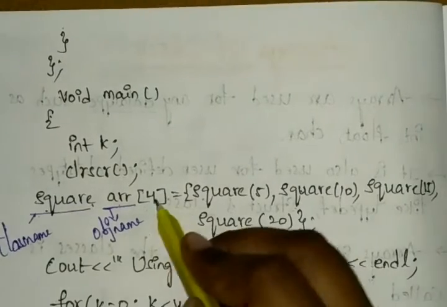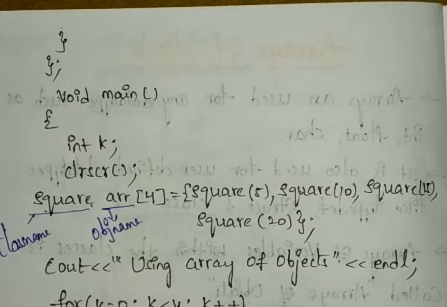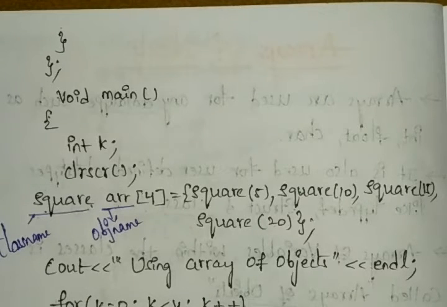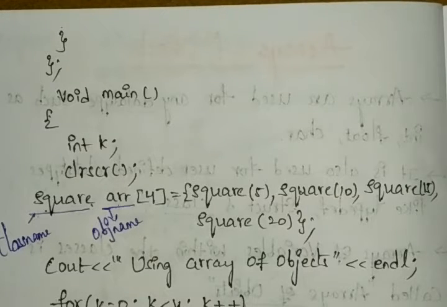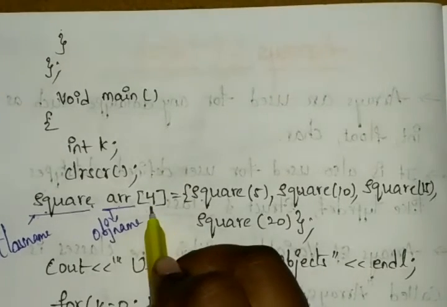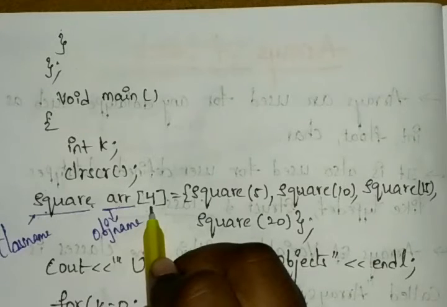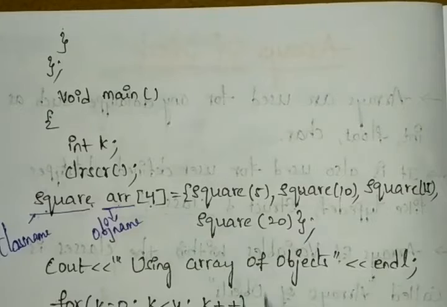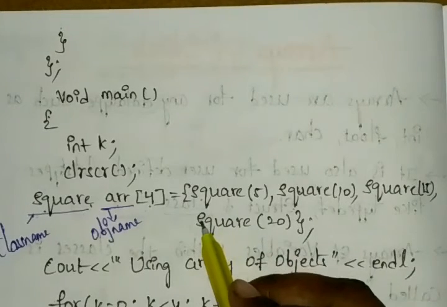Here I took the size as 4. In the array we have the index from 0 to n minus 1. So for that case you can mention the values 0 to 3. It starts with 0 and ends with n minus 1, meaning here we have 4, so 4 minus 1 is 3. The values are 0 to 3, and directly here I am initializing our values.